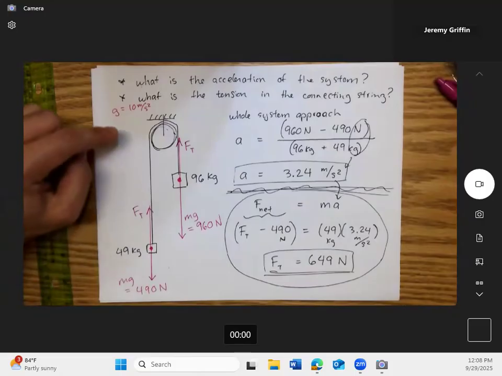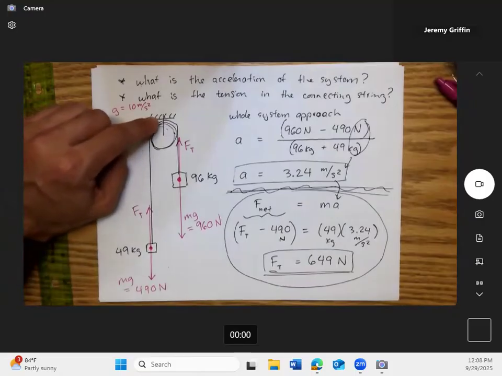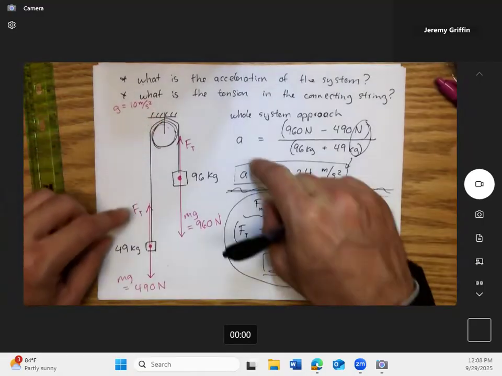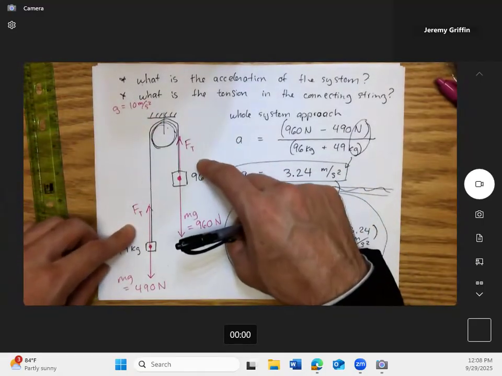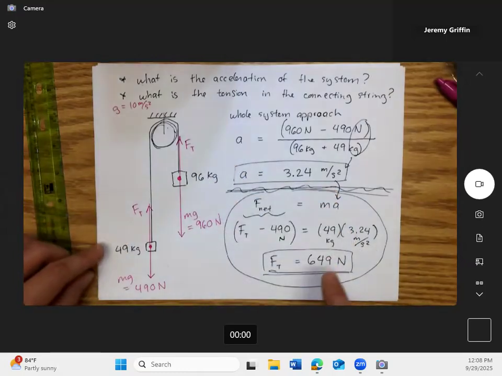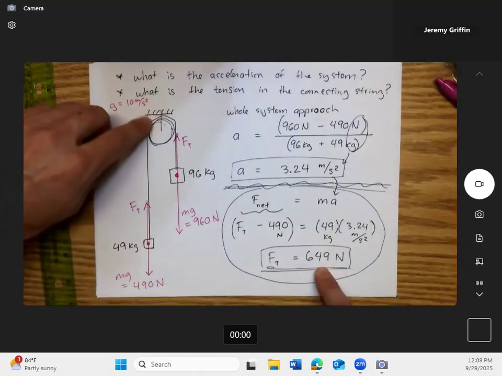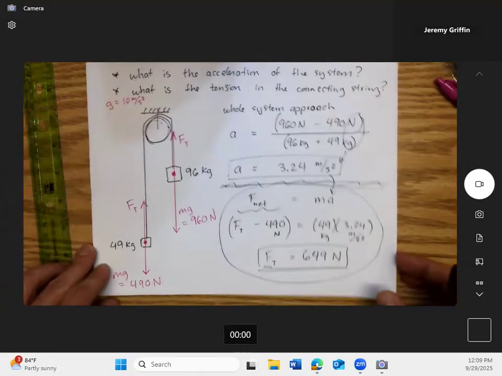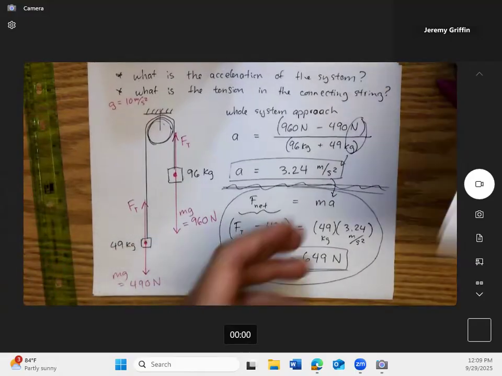And then I think your textbook also had the question, what's the tension in this other string connecting this to the ceiling? And that just ended up being 2 times the tension force, didn't it? You guys remember that? So this tension times 2 is the tension up here. Okay, so we're good with that one.